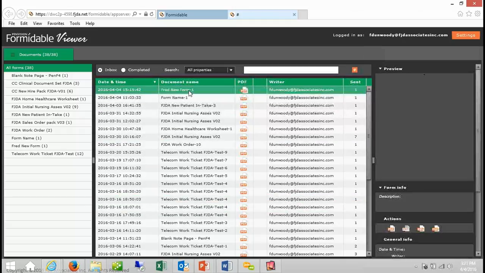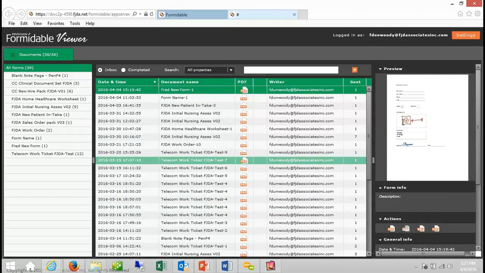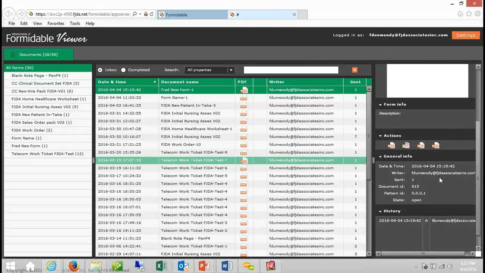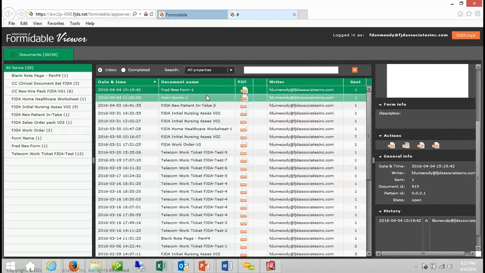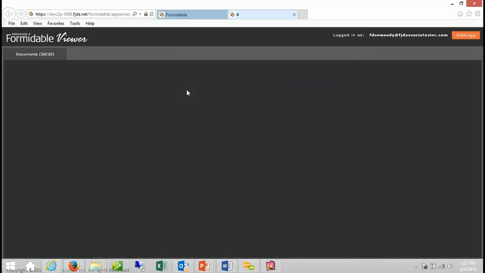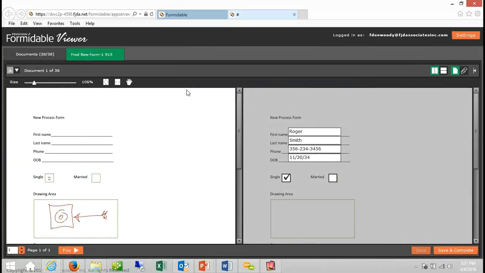If I select a document, I will get a thumbnail image of that document. I can download the data files and a PDF of that document right from here. And it gives me some other historical information. We can also click on that document to see a side-by-side comparison. Now, on the left-hand side of the screen, this representation shows you any handwritten strokes that were not interpreted by the solution, drawings,